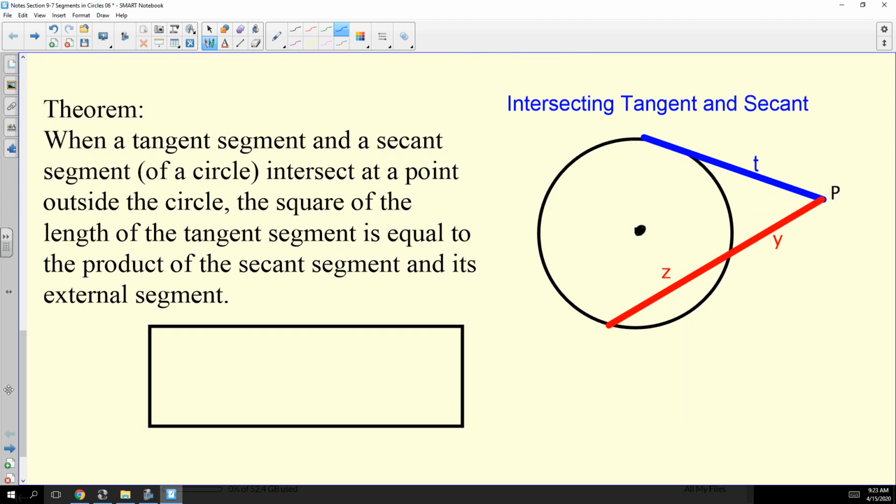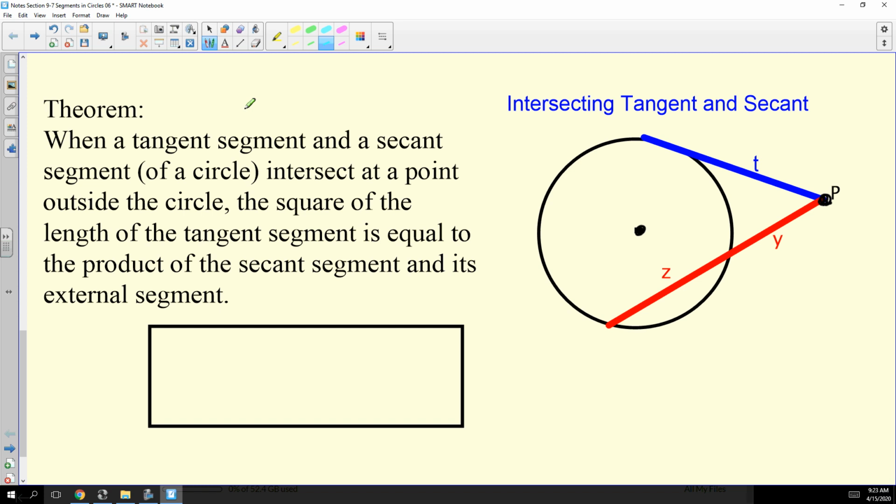All right, and the last theorem is when a tangent segment and a secant segment of a circle intersect at a point outside the circle, like P again, then the square of the length of the tangent segment is equal to the external